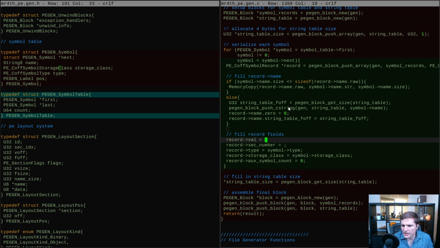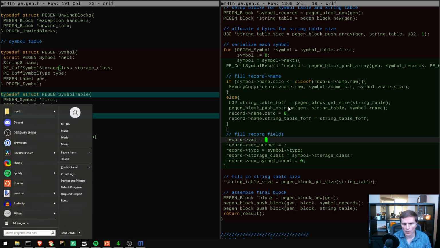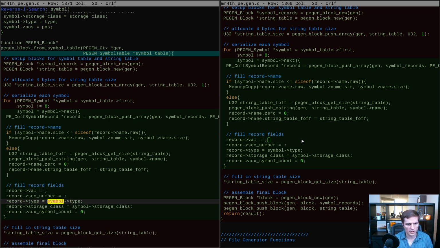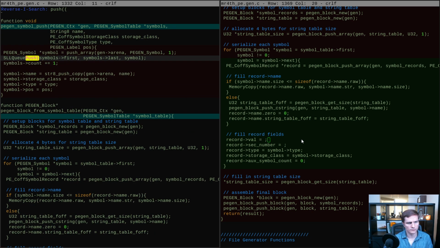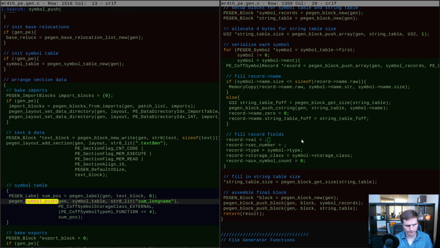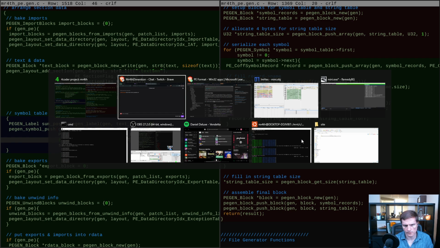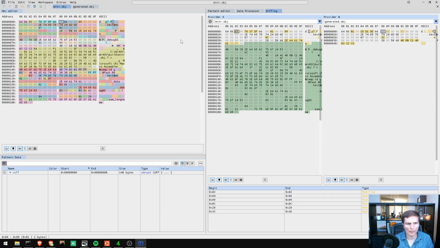So what are we going to do about val and section number? Well, right now I think the only kind of symbol I am pushing is this external function type. And this is an example of that. It has a value of 0 and a section number of 1. And I assume that means